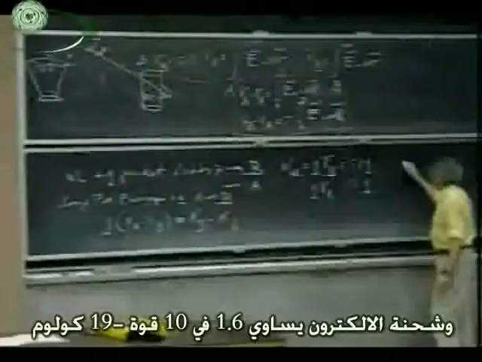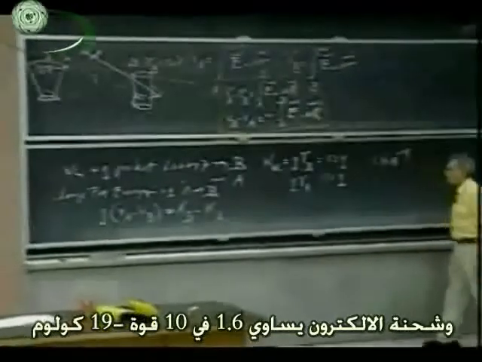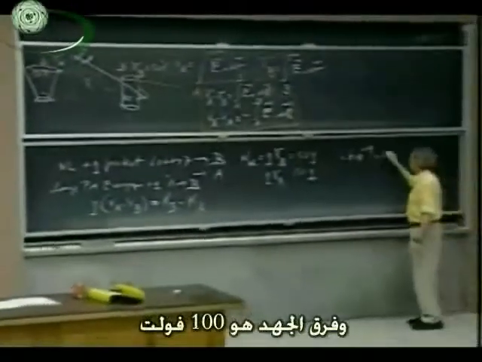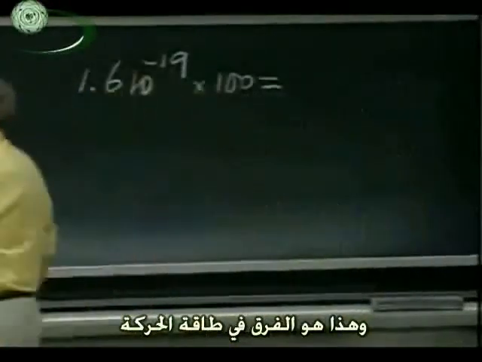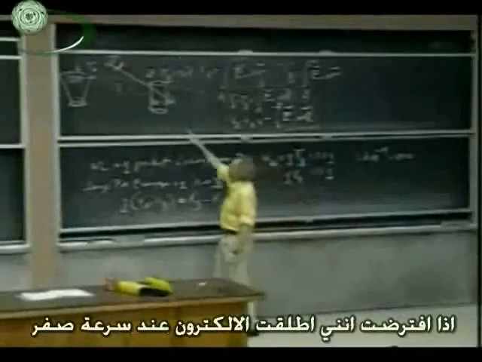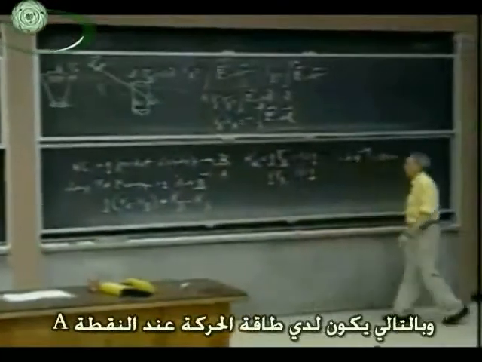Well, the charge of the electron is 1.6 times 10 to the minus 19 coulomb. The potential difference is 100 volts. And that is the difference in kinetic energy. If I assume that I release the electron at zero speed, then I have immediately the